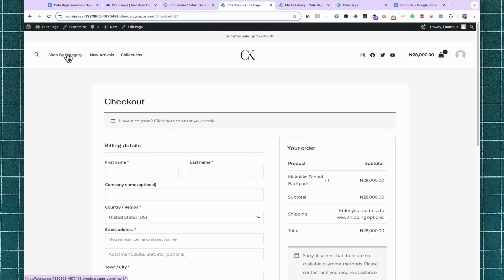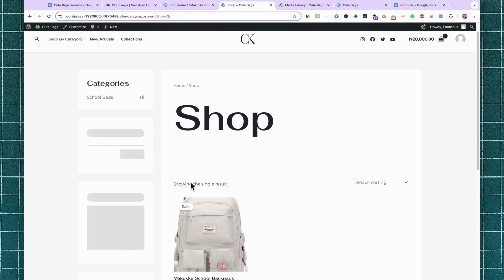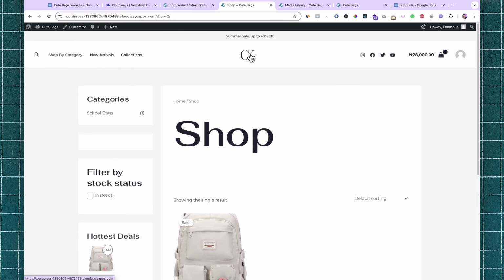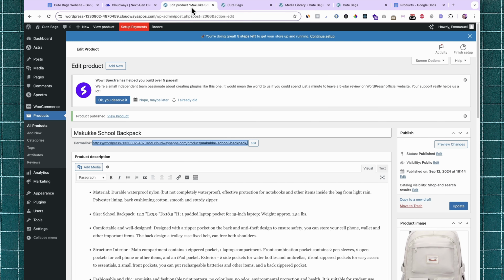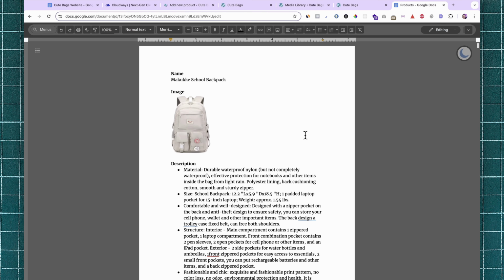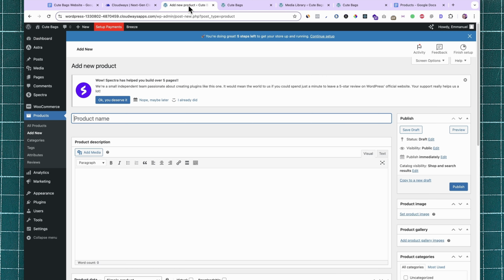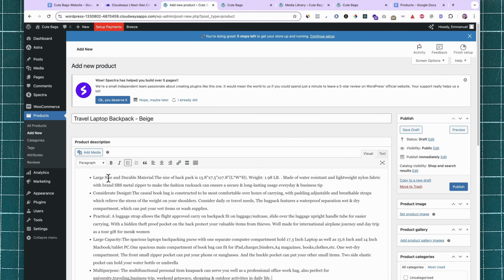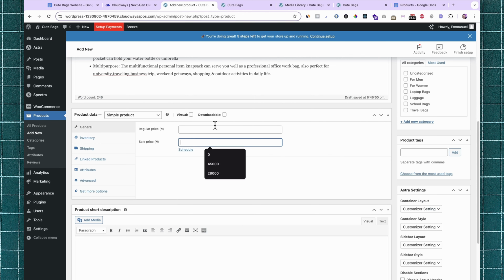Also, if I come over to shop by category, you're going to see that we have this single product on our shop. So at this point, we can just move on to add all the remaining products that I need to have on this website. Adding the remaining products is still the same process. I can just click on add new, enter the product name, can get that from here. Enter the product name, and then also copy the description, place it right here, and then for the price,